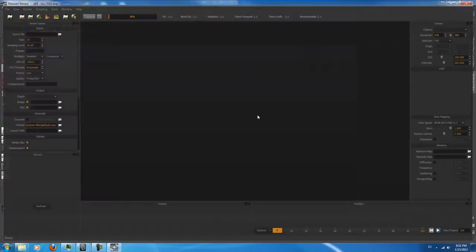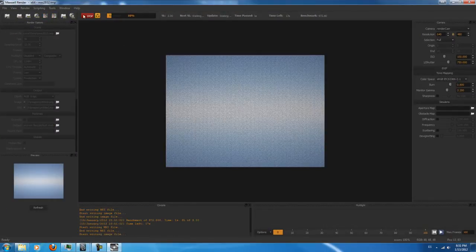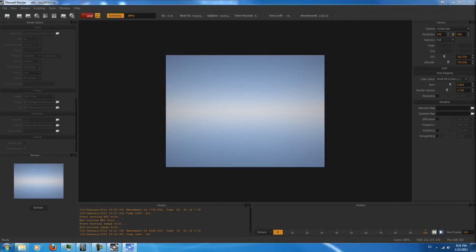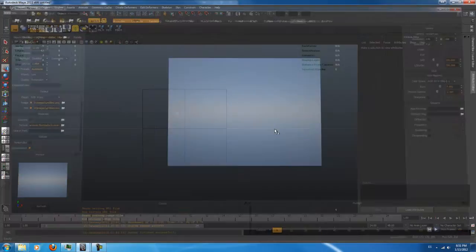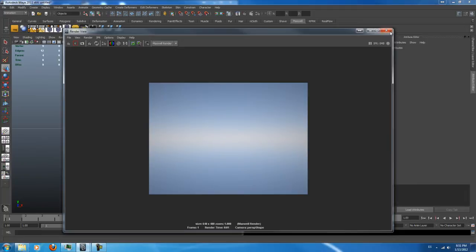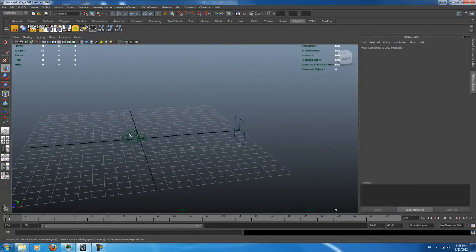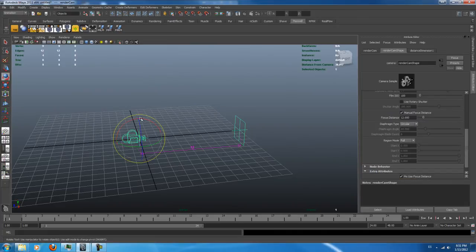So again, if we hit the render button, nothing is rendered actually, which is what I want to create. Let me hide this network job. Okay, we're going to close this guy here, and right now if I move my camera, my focus plane is going to be moved with it,